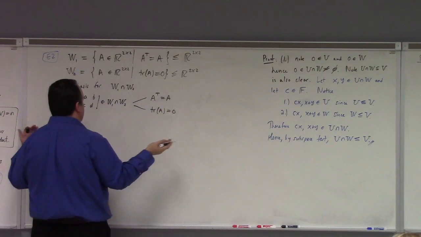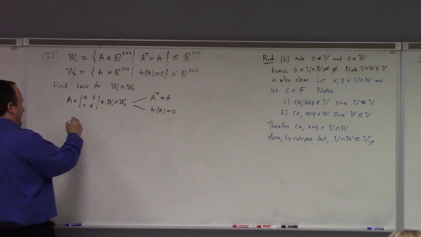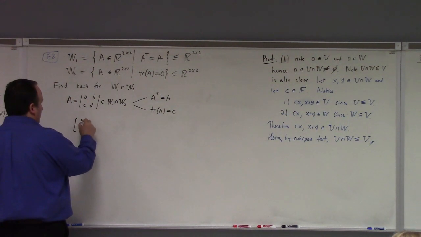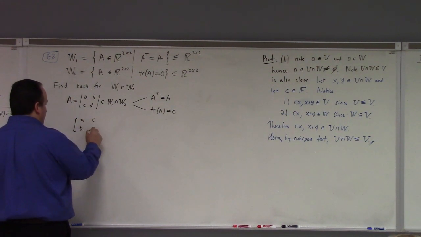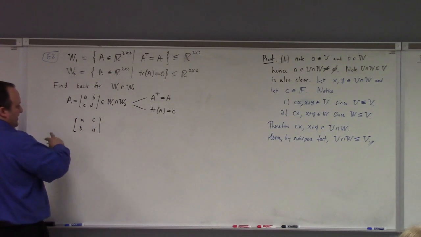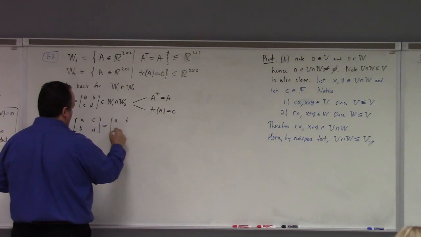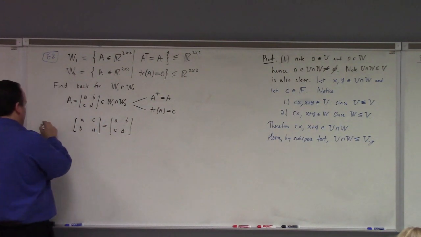Both of those conditions hold on the matrix. So on the one hand, we have a, c, b, d, like that. The diagonal stays the same, flip the off diagonals, right? So there's your A transpose equals A,